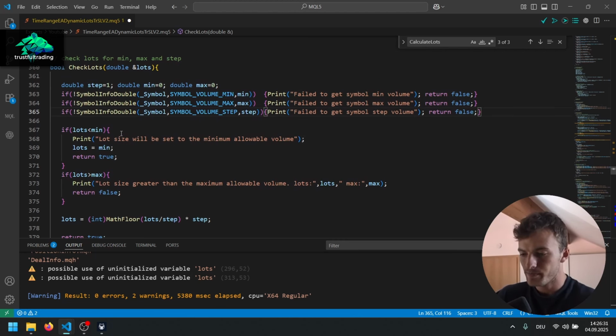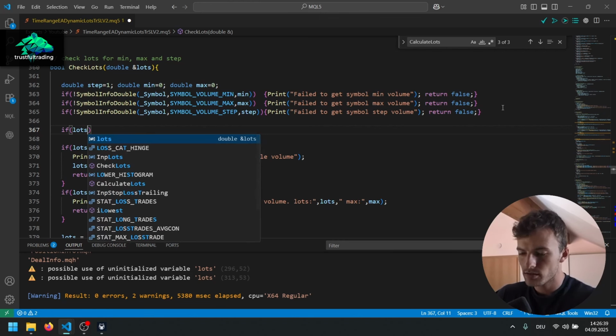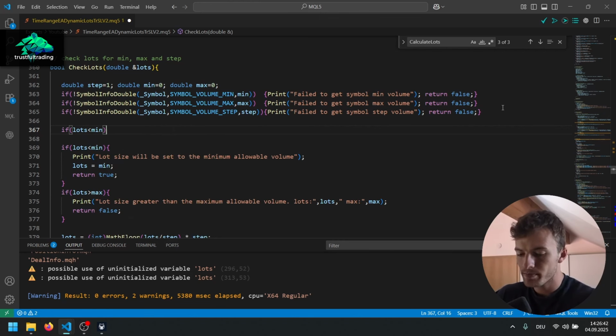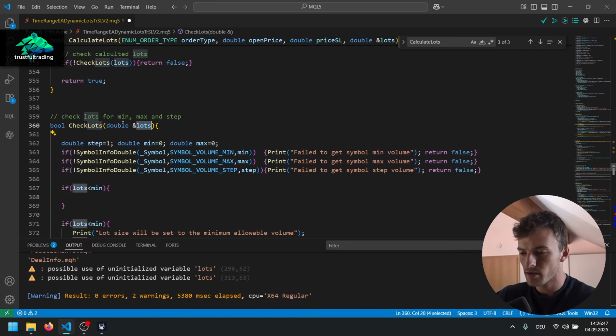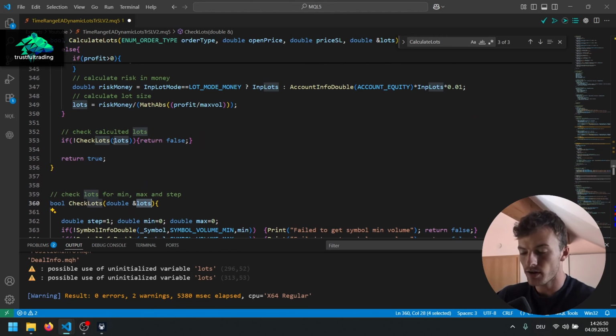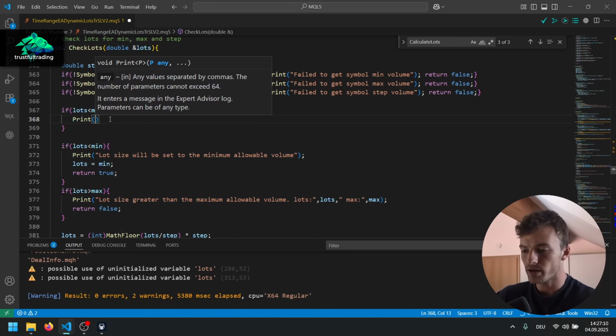Next, we want to check the values. So we write an if statement here. If our lots is less than the minimum, and we get the lots here with our parameter. We call this inside our previous function, the calculate lots function here. And now we check if this is below minimum. We also print out a message. Maybe we don't want to throw an error message, but continue trading, but set the volume to the minimum allowed volume. So we can write print